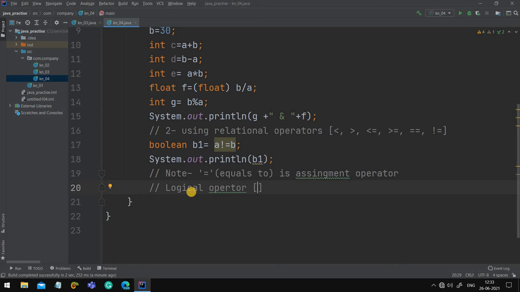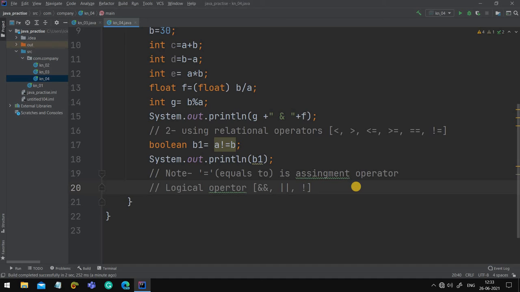Remember this. Okay, logical. So they are basically three only: logical and, logical not, which is the exclamatory sign, and this one is logical or. Which sign is this one? You will get it when you press shift and backslash. That above one, it is a straight line basically. See, this is slash, and if you press shift plus that slash, this is the straight line.